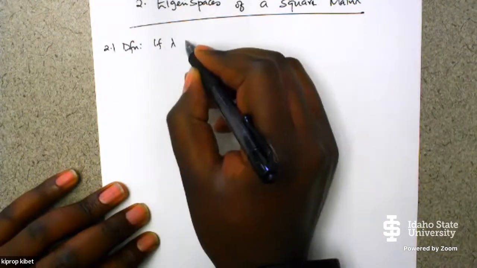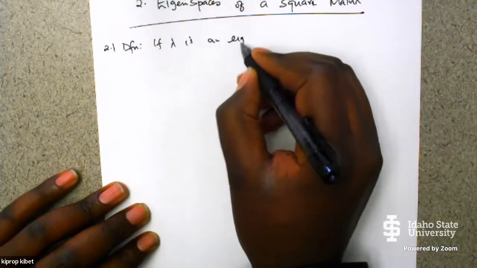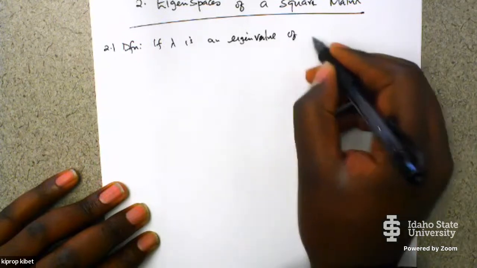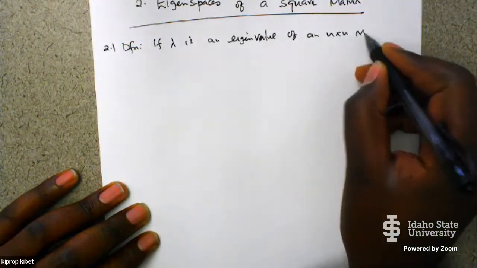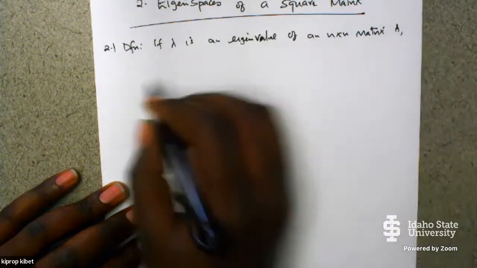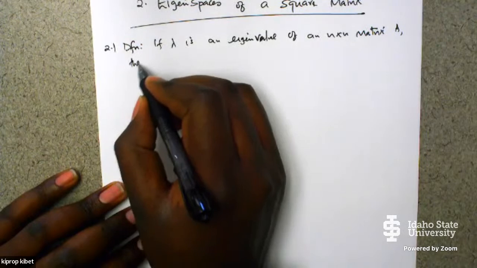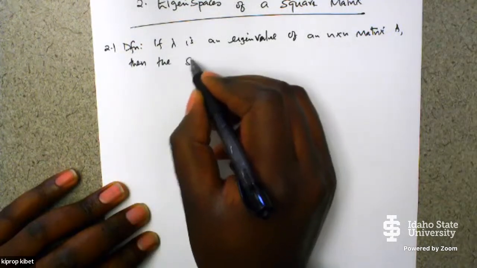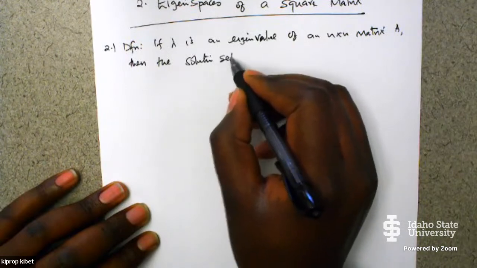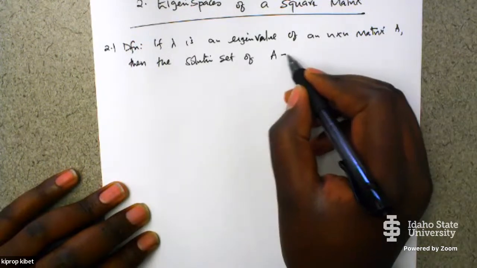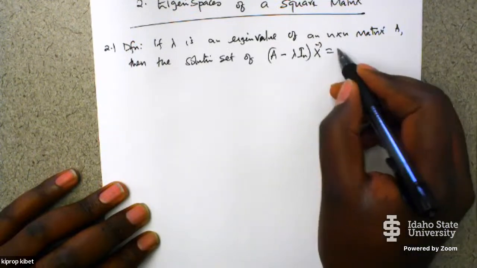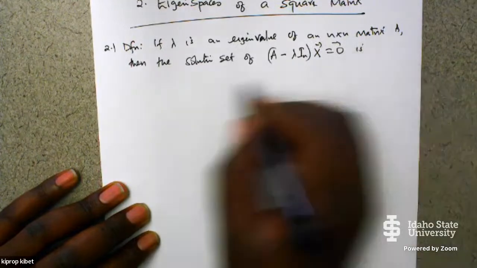If lambda is an eigenvalue of an n by n matrix A, then the solution set of (A minus lambda I_n) x equals 0 is called